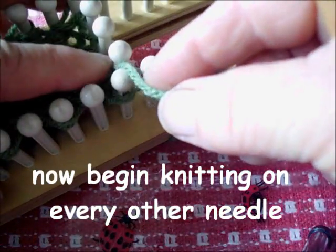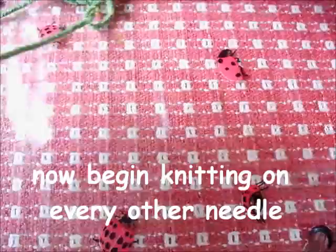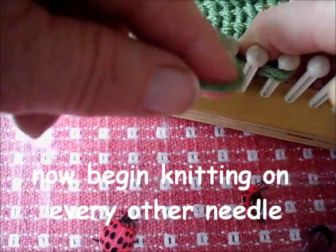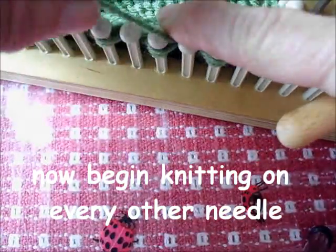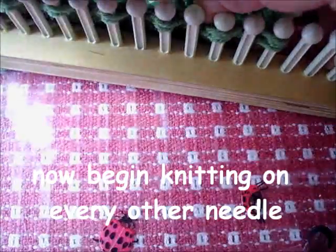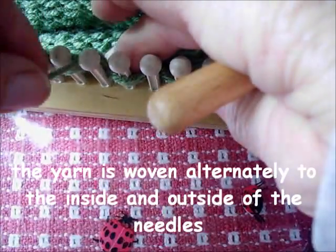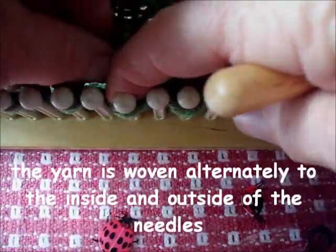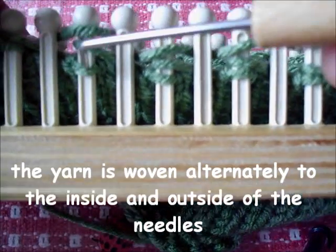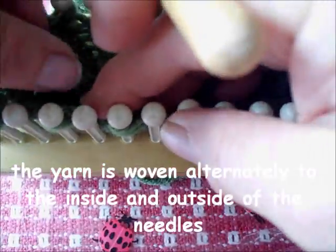I'm going to very loosely weave in and out around the working needles. The out should be around a working needle, in or not around an empty needle, and so on. And the effect that I am getting is that there are going to be 3 loops on every needle that actually has something going on. That's because there was one stitch, I transferred another stitch, and now I'm wrapping. Once I'm all the way around,